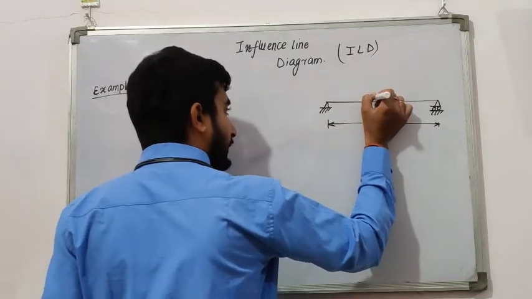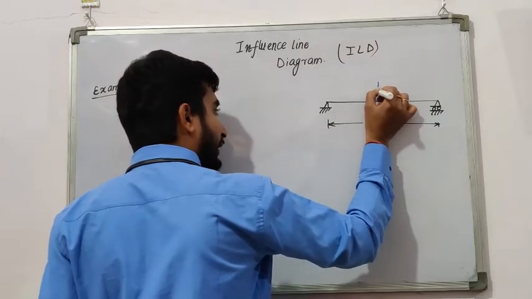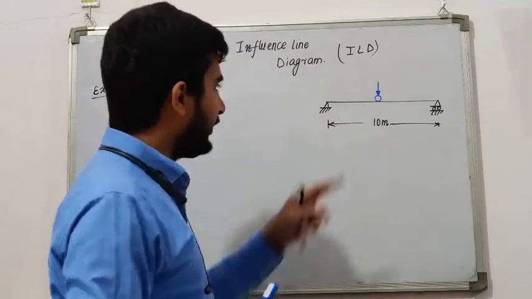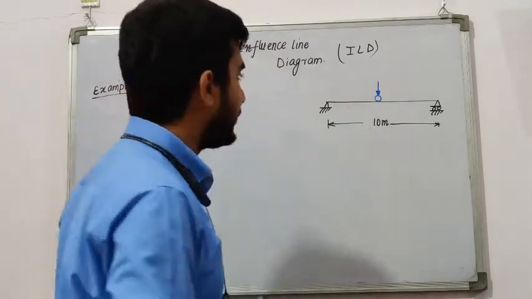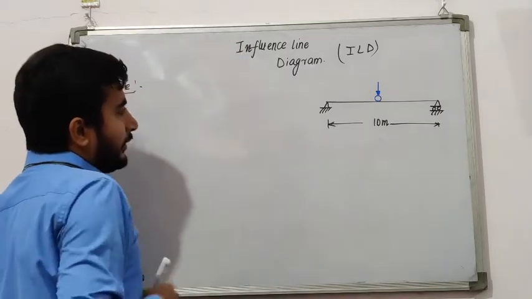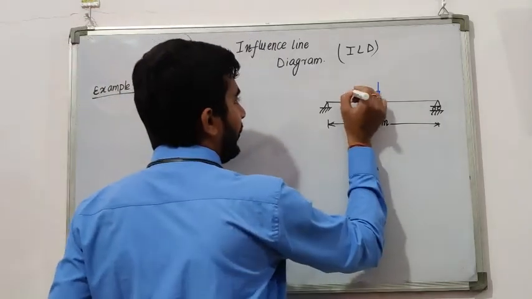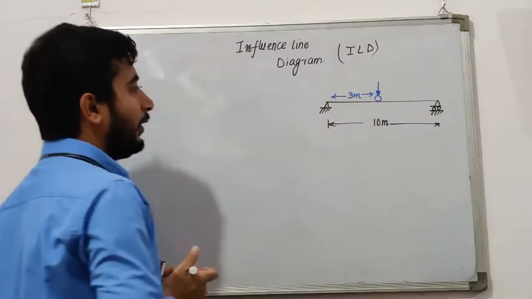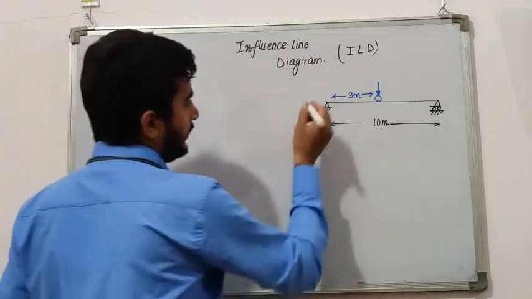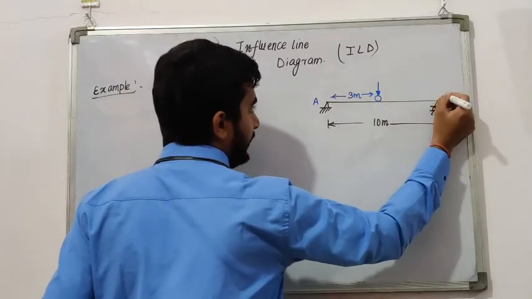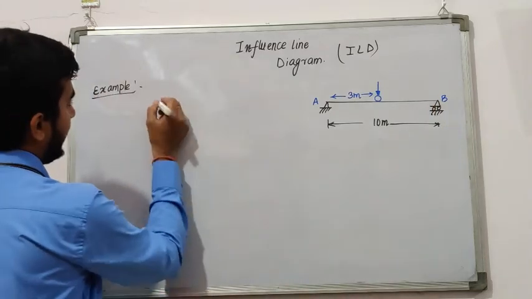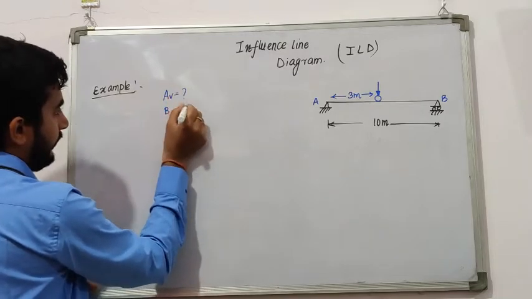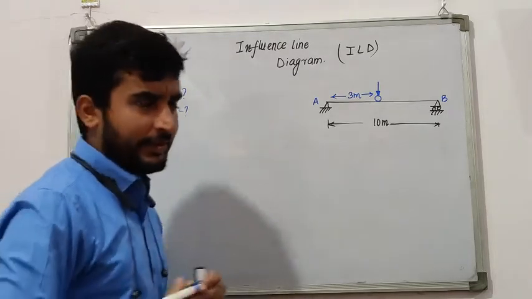So if I say that this is the moving load, see, I have placed a tire. If you sit on a tire, you won't stay, you will keep on moving. The same way when the load is on a tire, it will keep on moving, it won't stay at a position. So if I say that the load is at a distance of 3 meters from this support, this is support A, this is support B, and I am asked what will be my reaction AV and what will be my reaction BV for this loading condition.